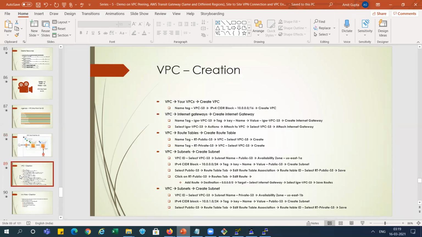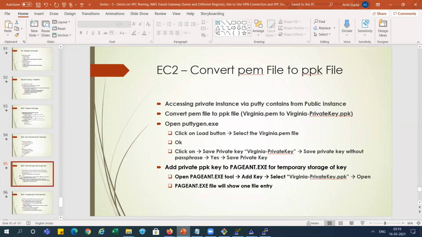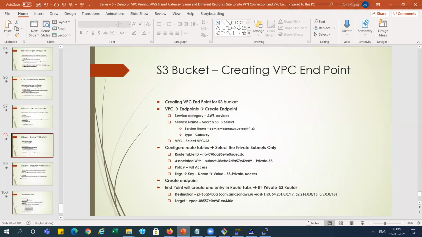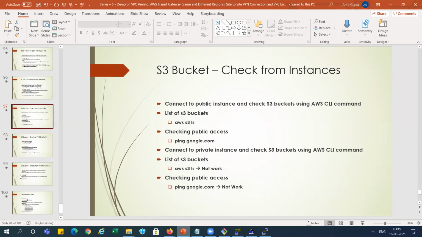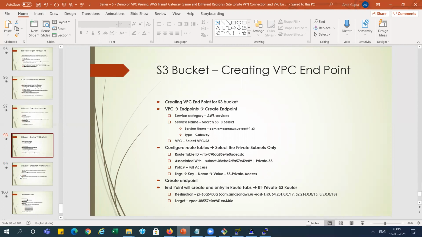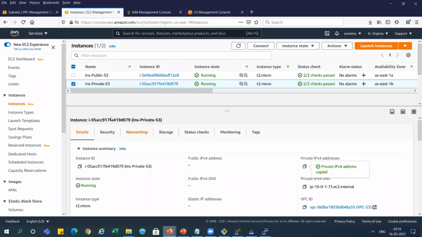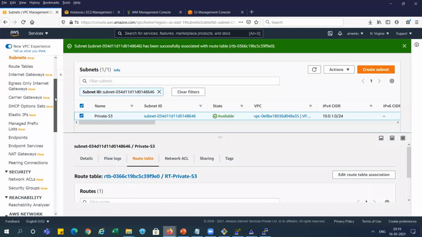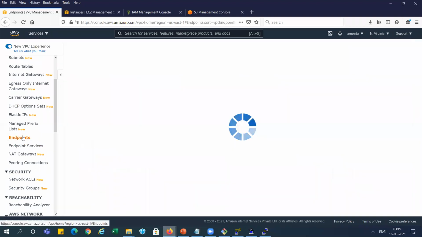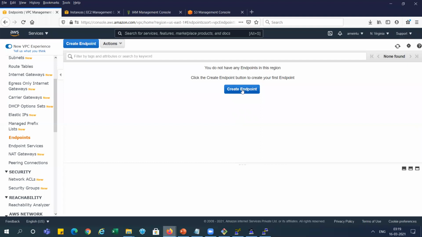So let's do this configuration. We have done this one, right? Yeah. And you can see here creating the VPC endpoint. From the VPC, create the endpoint, right? So just go to the VPC side. This is our VPC, right? And you can see endpoints. These are the endpoints for the VPC, and we will go and create the endpoint,